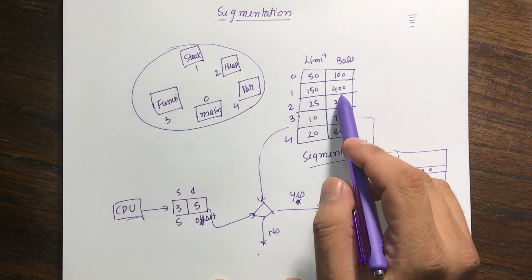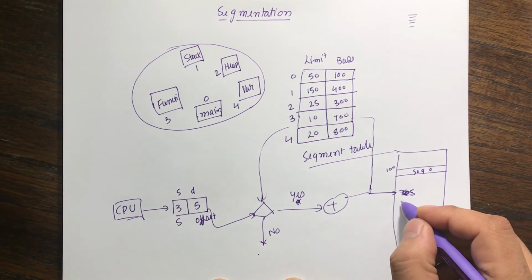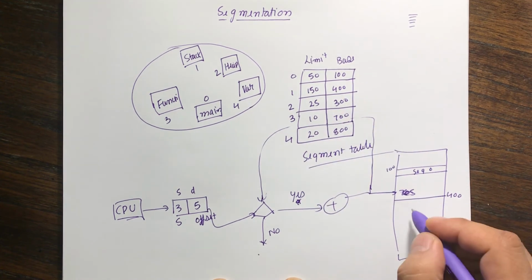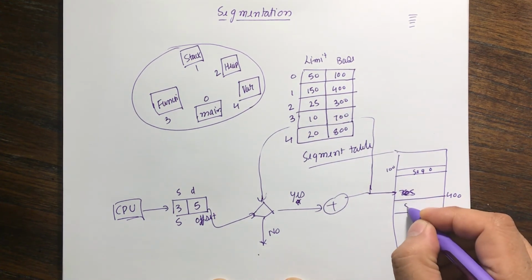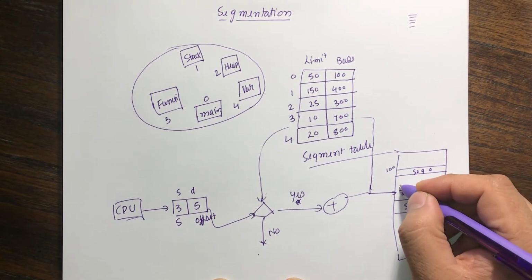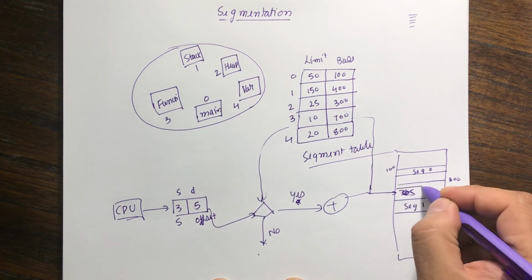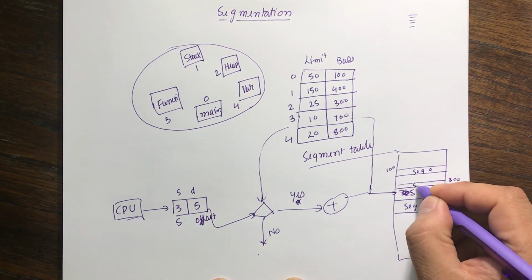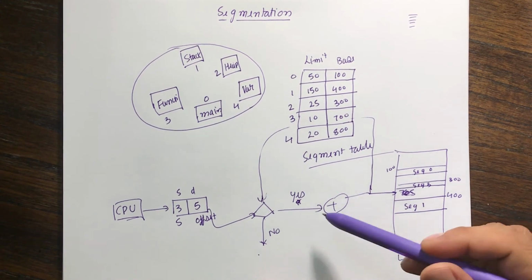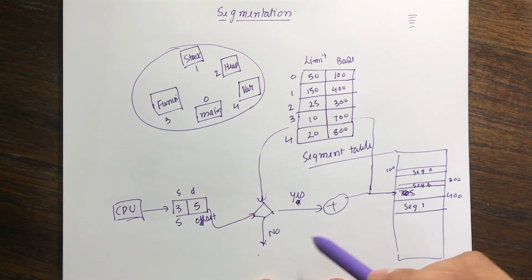Segment 1 was from location 400, and it was of size 150. So this was segment 1. Segment 2 was at location 300, and its size was 25. So this was segment 3. Now, excuse me for my horrible drawing over here, but as you can see,